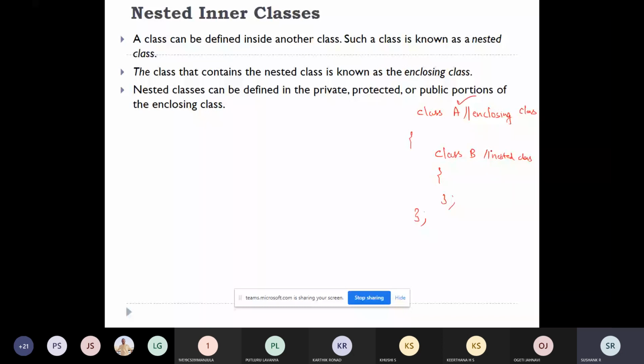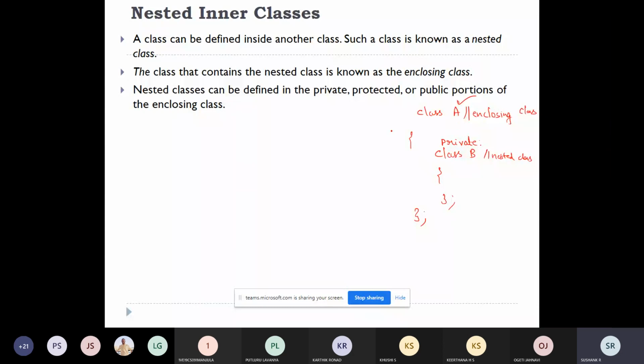This nested class B can be in the public area, or in the protected region, or in the private region. These are the three access modifiers we have referred to: public, private, protected. So a nested class can be defined in the private, public, or protected portion of the enclosing class.